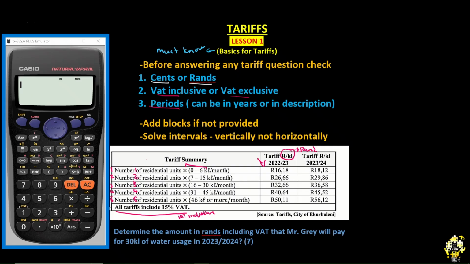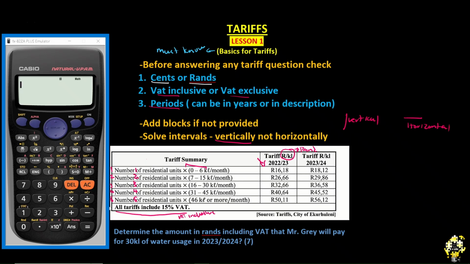Now, you solve intervals. This is important. Vertically, not horizontally. This is vertical. This is horizontal. I know you already knew that. Up facing straight upright, it's vertical. And then when it's like this, it's horizontal. You solve vertically, not